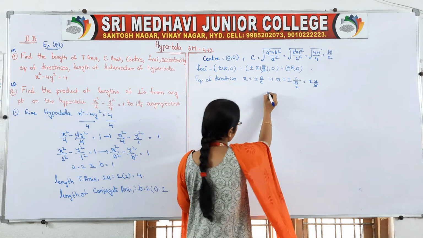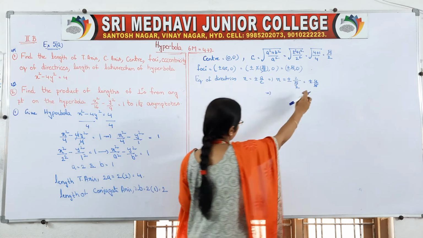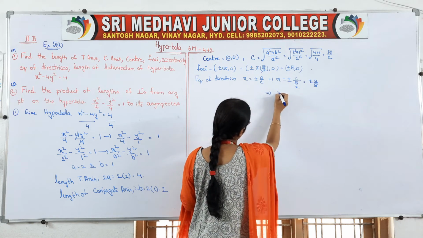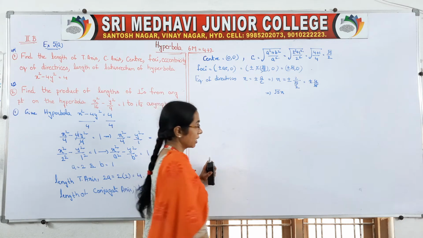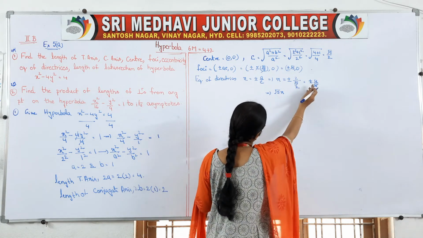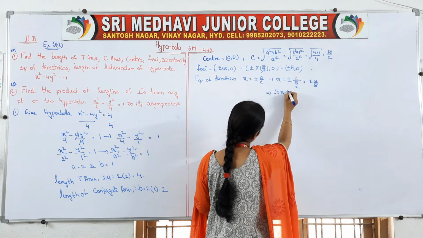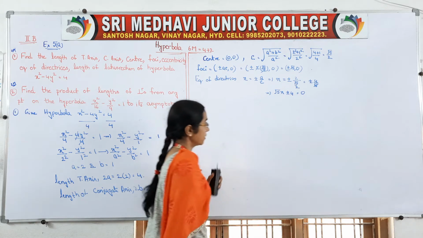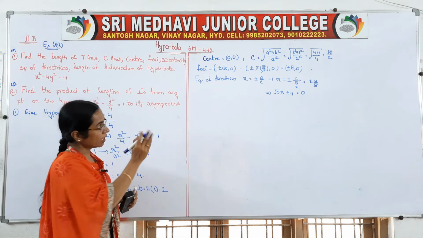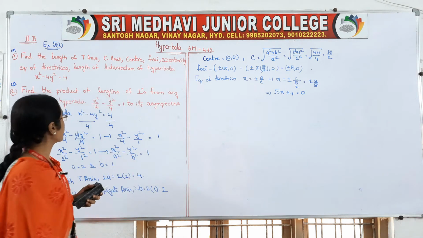So, the directrix is a line equation. Try to write it in the line form, that means send this root 5 to this side, root 5x, and bring that plus or minus 4 to this side. If plus becomes minus, minus becomes plus. So again it is nothing but root 5x plus or minus 4 is equal to 0, the equation of the directrices.